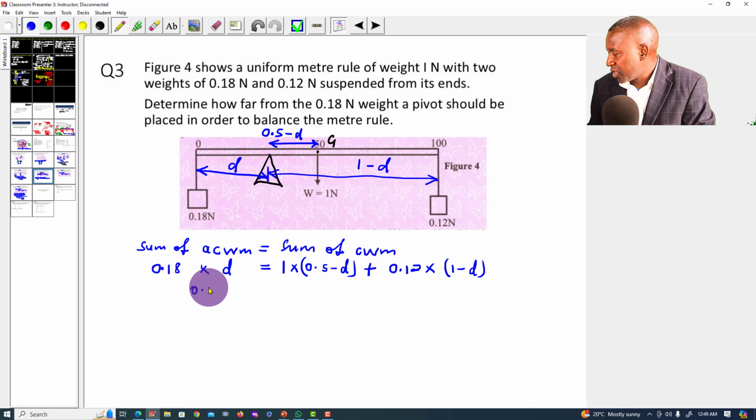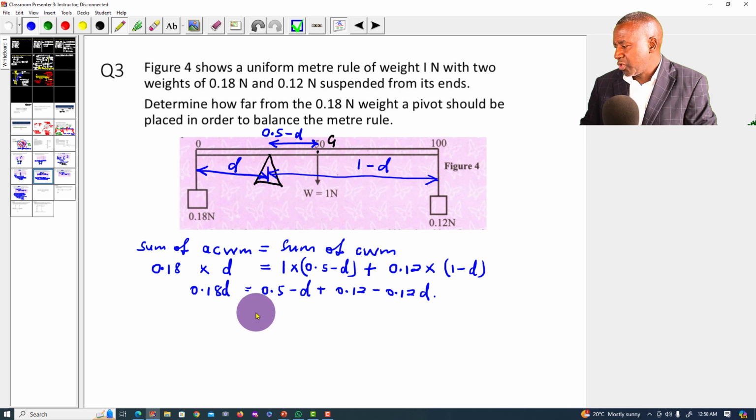Remember, this one will just give you 0.18 D. Over here you must open the brackets. 1 times 0.5 is 0.5. 1 times D is just D, plus, again you open the brackets here, 0.12 times 1 is just 0.12, minus times minus D, you get minus 0.12 D. So here I'm going to combine. Of course, this one now gives me 0.18 D, no problem with that. This one and this one first of all gives me 0.62